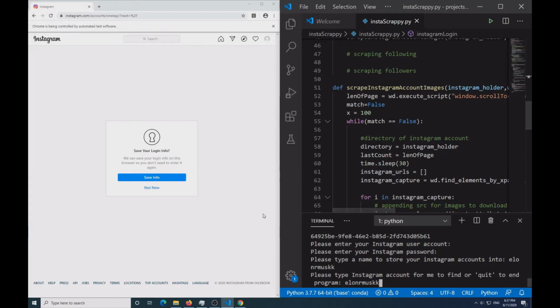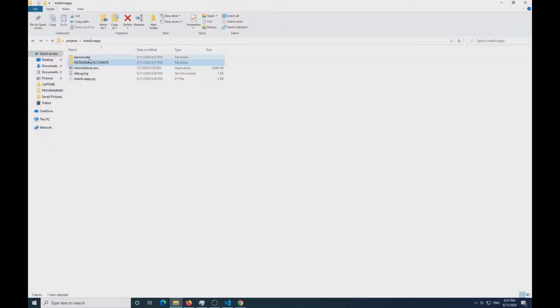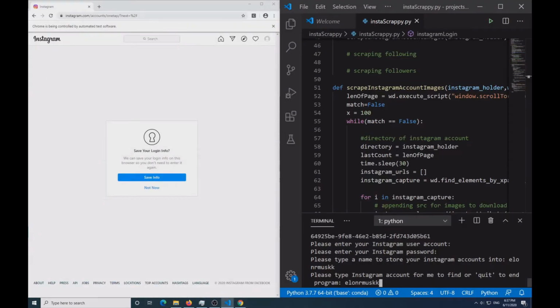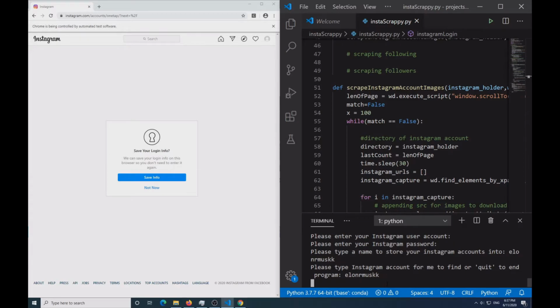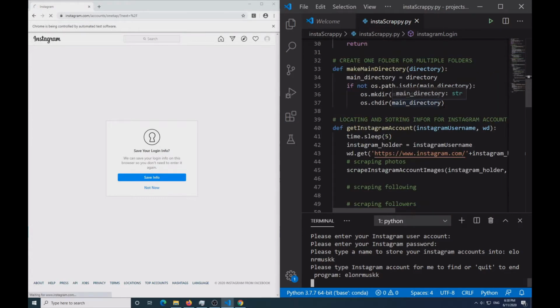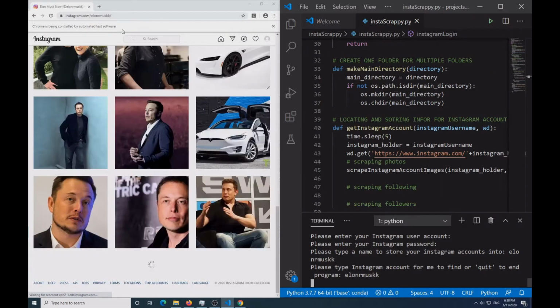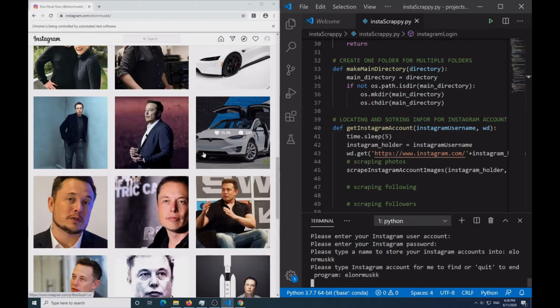So as you can see, I have an account named Elon R. Musk. So in here, I'm going to store my folders and images into it. So it's going to Elon R. Musk. I put a sleep here, so then it's going to go to Elon R. Musk web profile, and then from here it's going to go through and scrape all of the photos that are on his account. And if you click on the folder here,